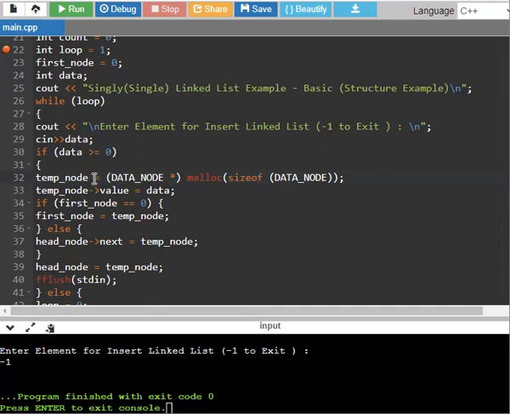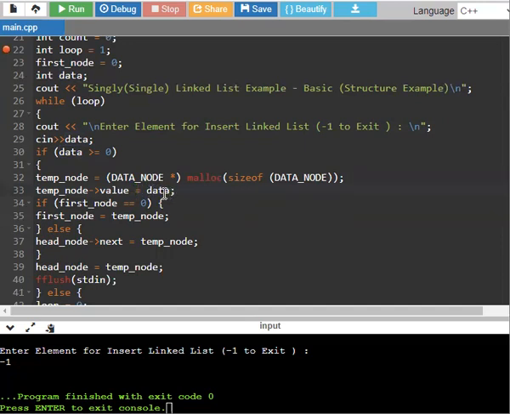Then based on this memory allocation, we have to add the value whatever the user inserts during the runtime. Each data can be stored into the temporary node. So temp node's value equals data.